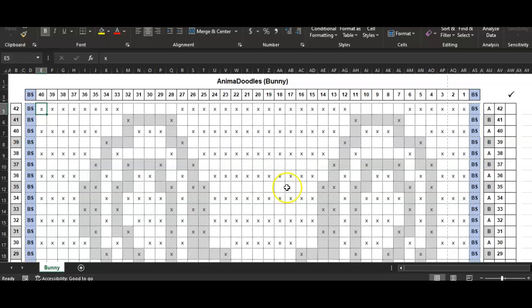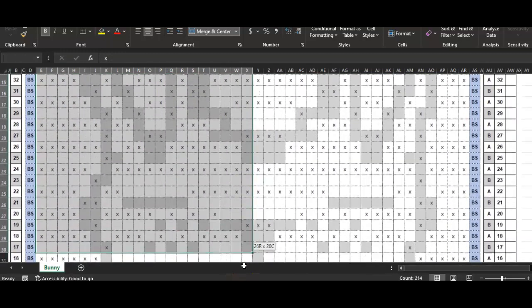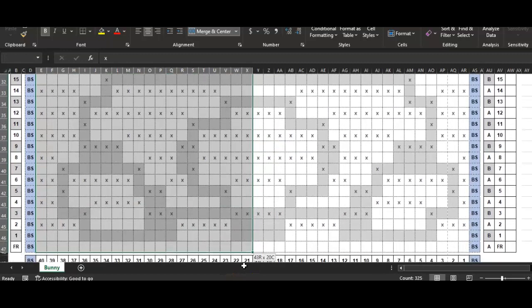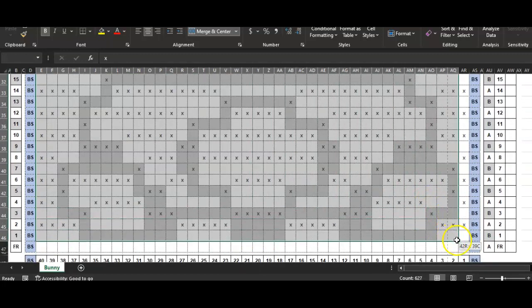So you'll notice that this has a lot of extra stuff in it, the border stitches and the stitch count and the title and all this extra stuff. For what we're doing, we just want the pattern. Okay, so I'm going to highlight this, just the pattern,